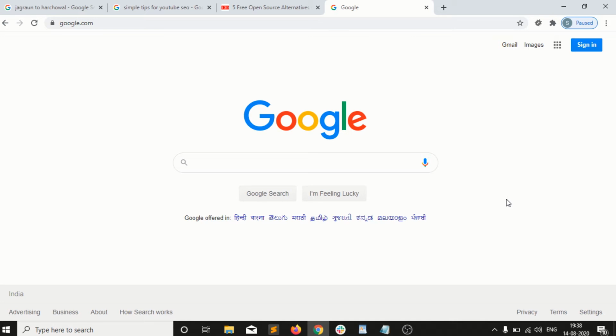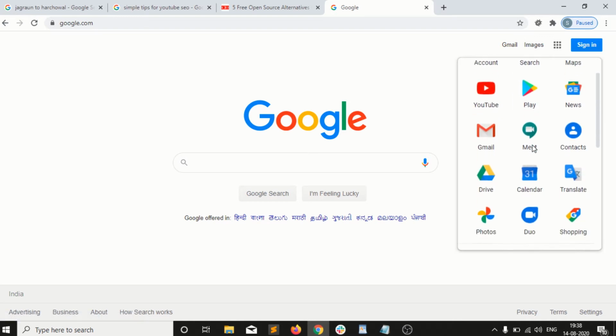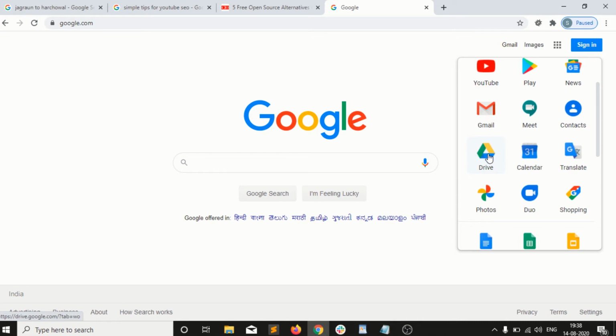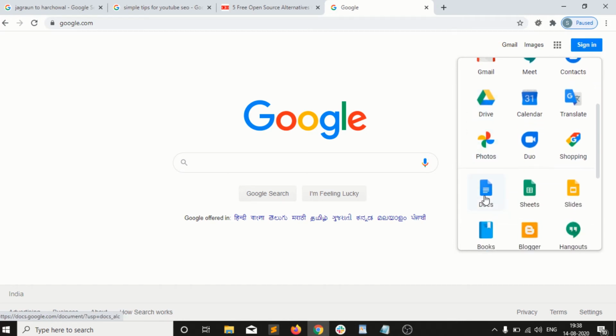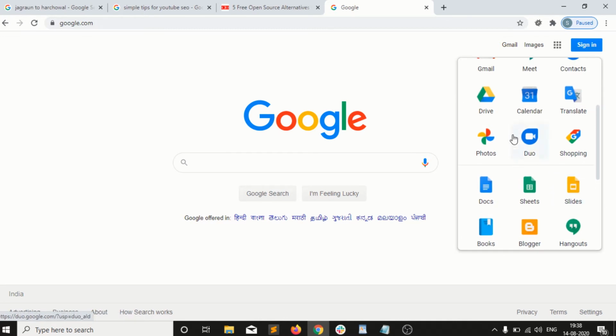So how can we start that? Let's see. We just need to open google.com and click on this option, and you will see here I have Drive, Docs, Sheets, Slides, right? My suggestion is to go into Google Drive rather than Docs, Sheets and Slides. Why?